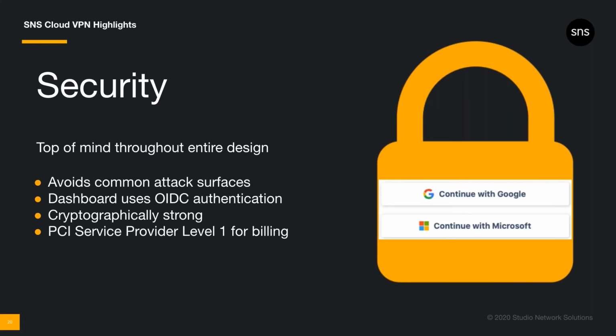Our service is closer to a zero trust model. It only allows traffic to and from specific devices from specific users on the private network. It's not built so that you can access everything in your office, just your Evo. Last, we're using a billing backend that is certified to the payment card industry's service provider level 1. That's the most stringent level of certification available.